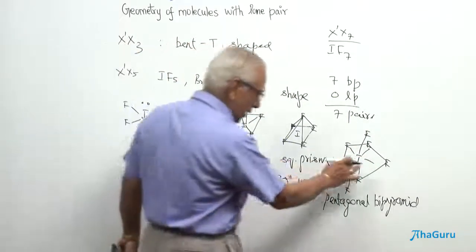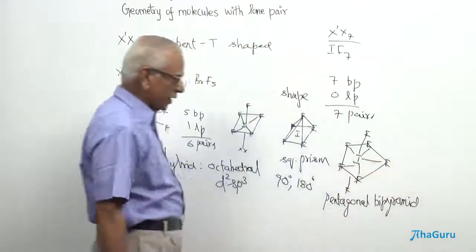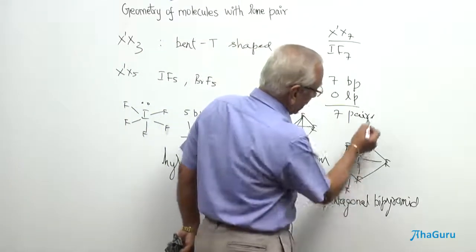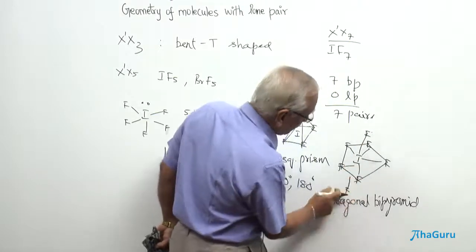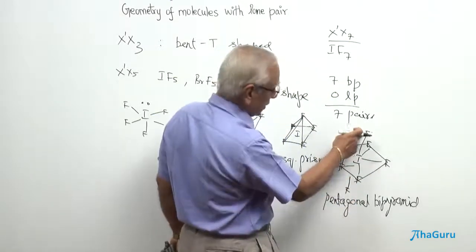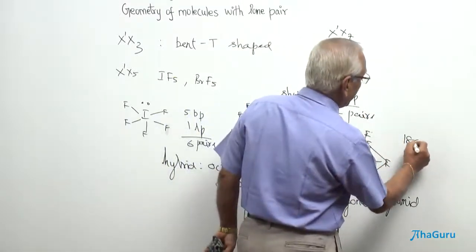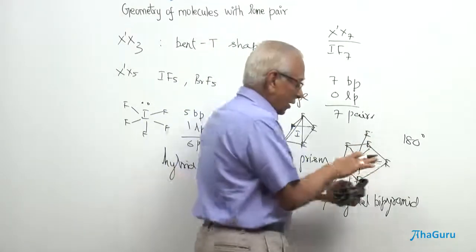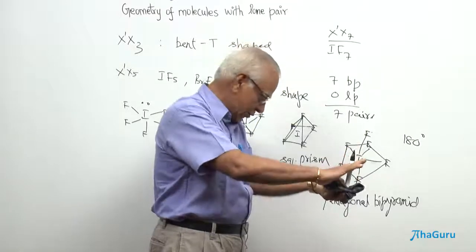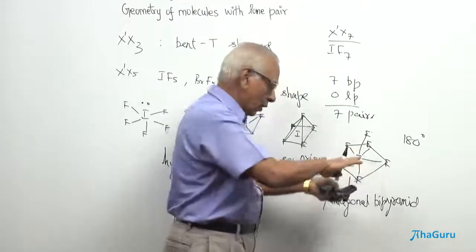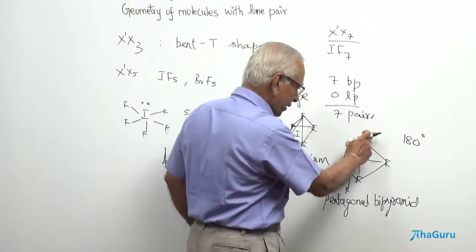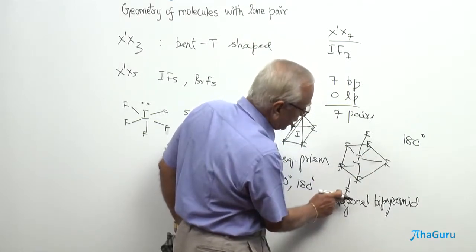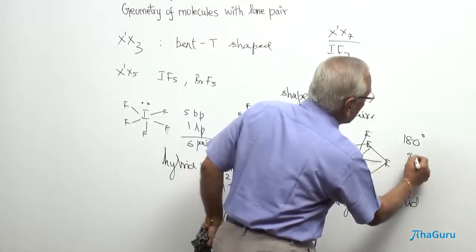Now, what is more important here is the bond angle. Can you visualize the different bond angles here between any 2 fluorine atoms? Let us see. The bond angle between this fluorine and this fluorine, please listen, is going to be 180. Then we have the 5 fluorine atoms on the same plane. As usual, we have axial bonds and these are called equatorial bonds. Since it is perpendicular, the bond angle between the axial fluorine and any one of the equatorial fluorine is going to be 90.